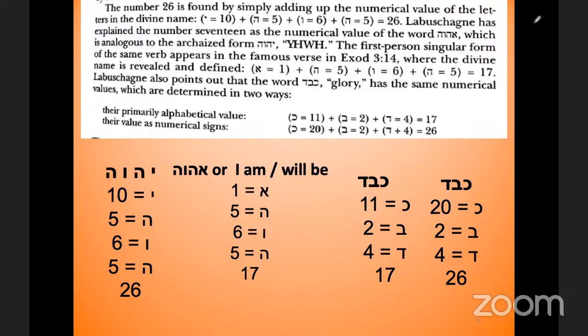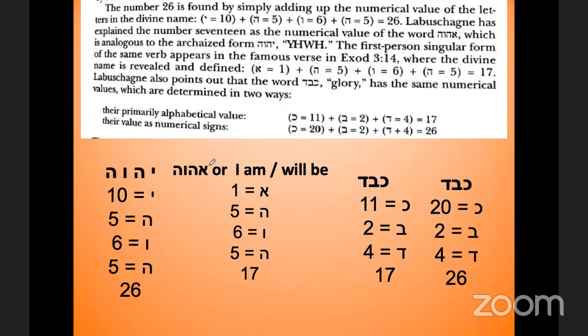All right, so the number 26 is found by simply adding up numerical values. So we have that, kind of type that out here. So we have Yud He Vav He. Yud is 10, He is 5, Vav is 6, and then another He. So we end up with 26. So that's the divine name. That divine name number is why we call it the divine name number of 26. Now we have